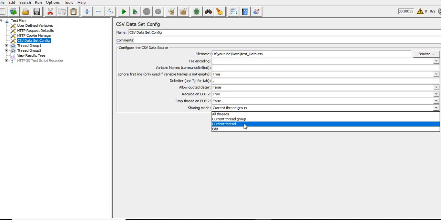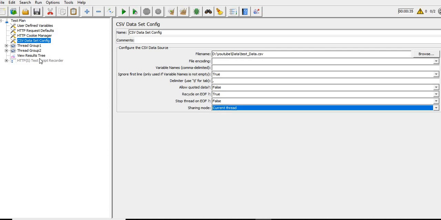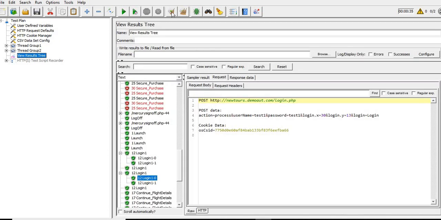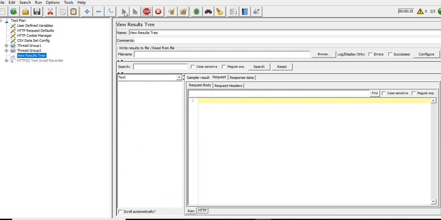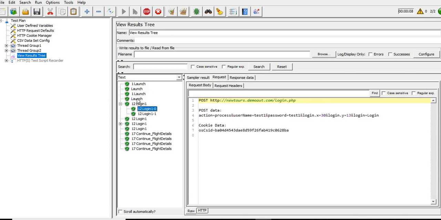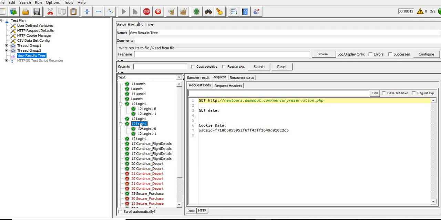Now I'm executing current thread. If we select only current thread and we execute, what happens? Let's see. The same 3 iterations will be there. For the first iteration you can see test 1 and test 1.